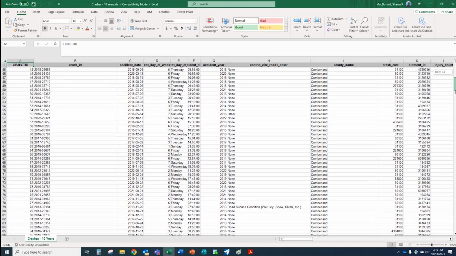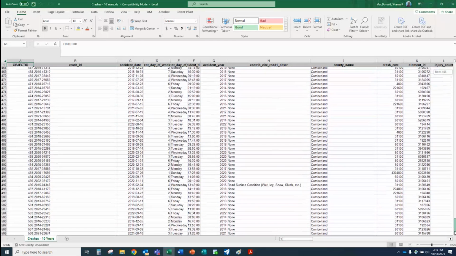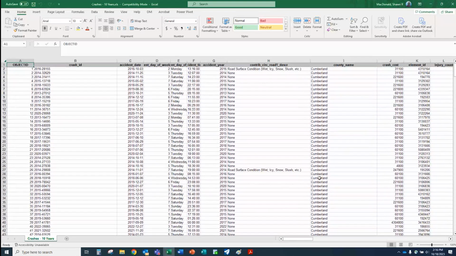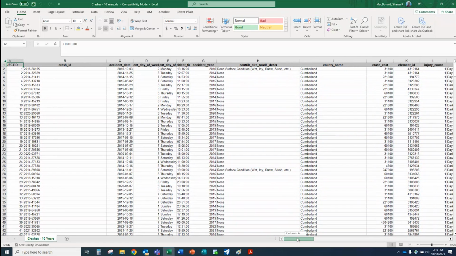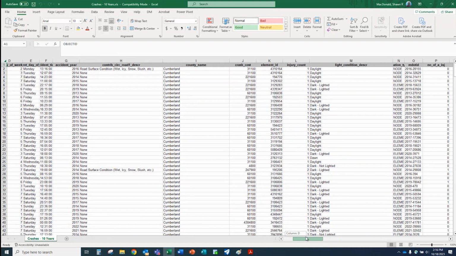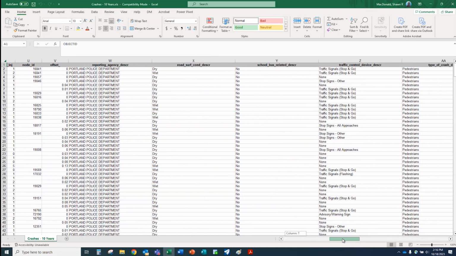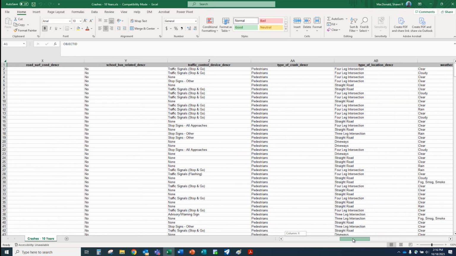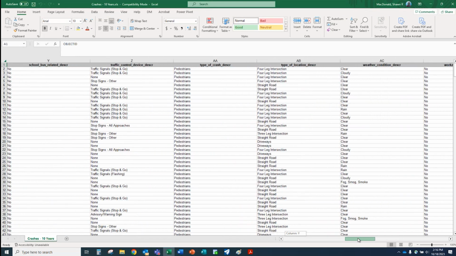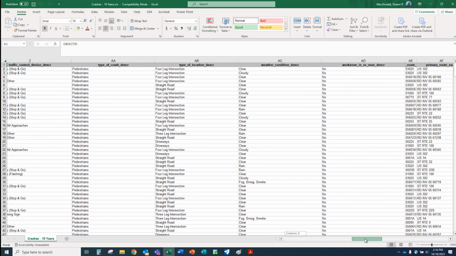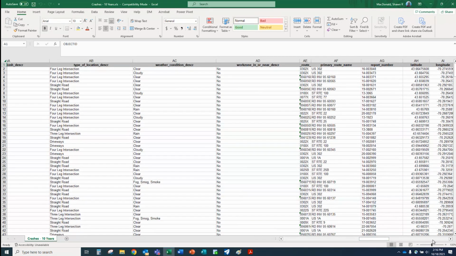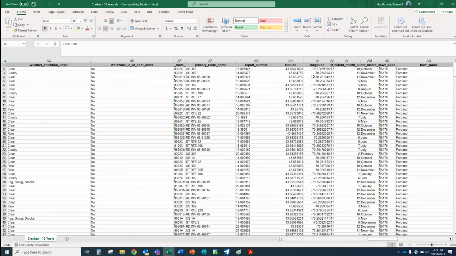So all 509 crashes, scroll down, you've got every one of them right there, and you've got all of those pieces of information, each one of them: departments, traffic signals, the type of location, intersection, straight roads, weather conditions. But one thing I really wanted to point out here, you've got lat and long coordinates for each and every single one of these crashes right now. So now you have the ability to create your own maps.